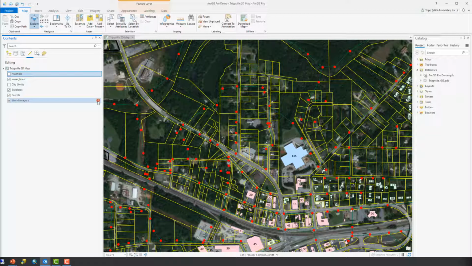Anytime you see that, that means this is a non-editable layer. And I can hover my mouse over that icon and it'll tell me why it's not editable. So in this case, this one's a tiled surface layer, so it's not editable. That's a web layer, that's a raster format,